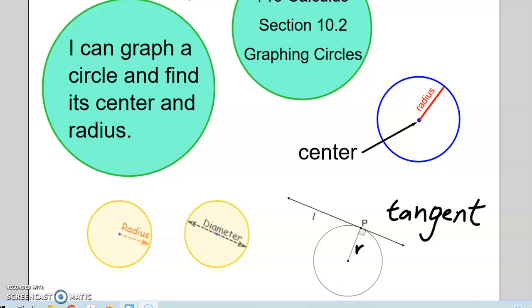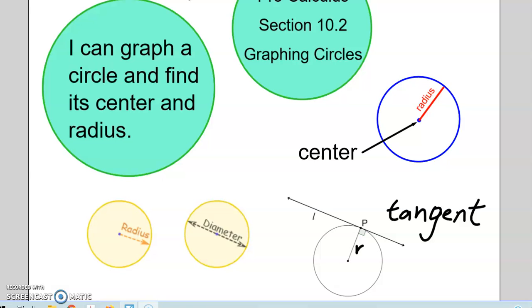Hey Pre-Calculus, Mr. Rashid here, and we are looking today at graphing circles and finding their center and radius. Now, circles are something you probably looked at in geometry a long time ago, and there's a lot of terms with circles like secant, chord, and all that stuff, but here are the terms that you'll need to know for